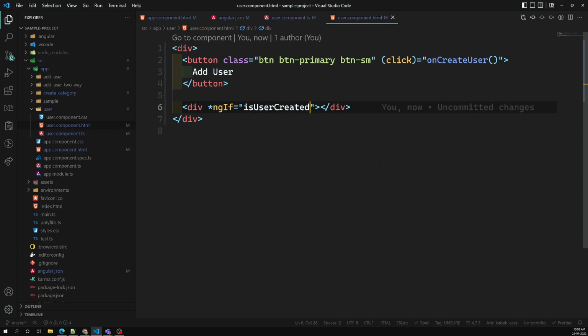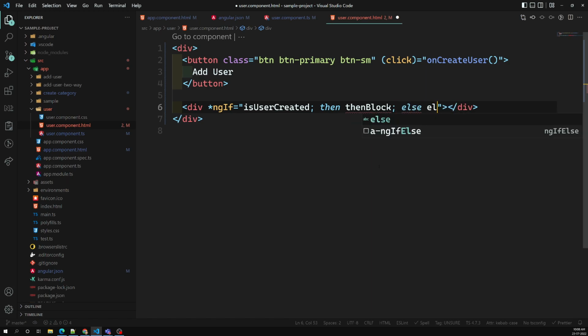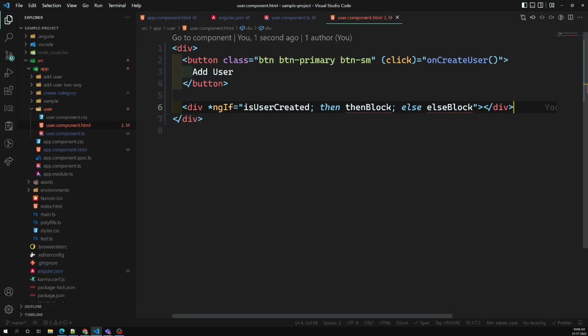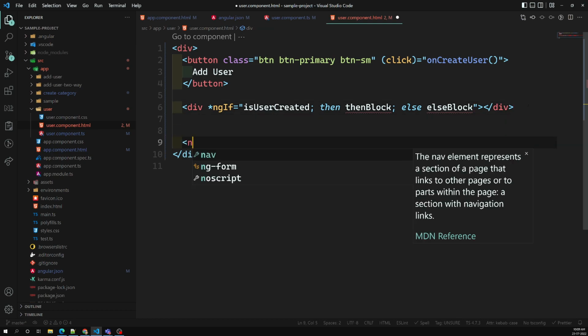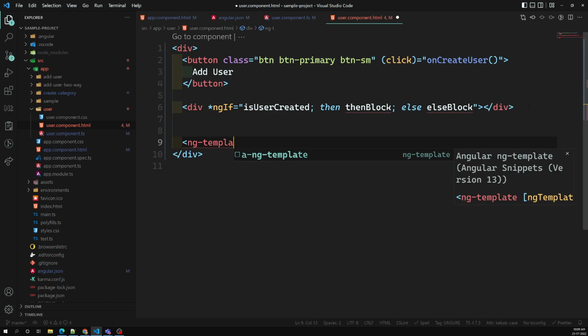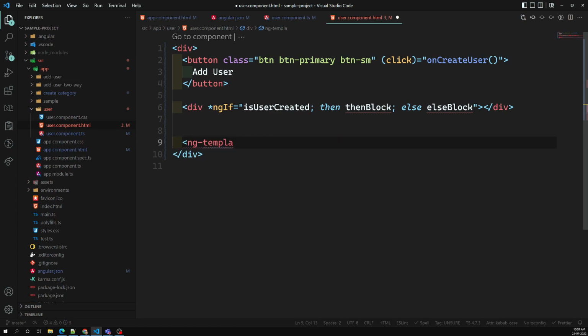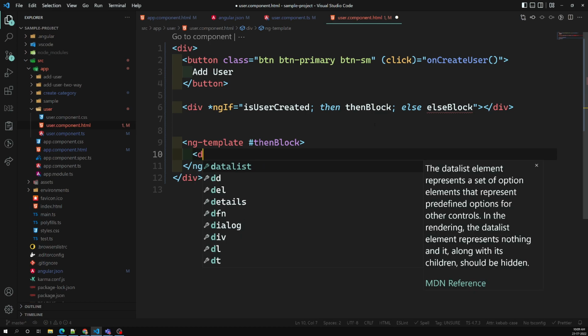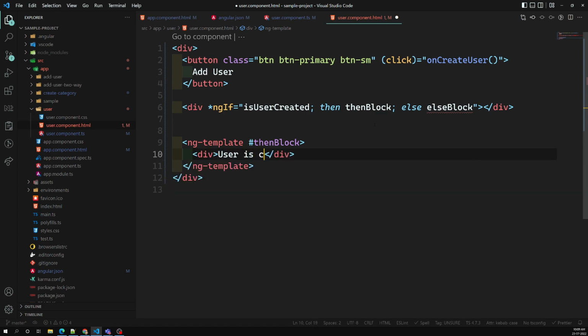So if user is created, then show the then block, and else you can use the else block. Like this you can mention, and down somewhere you can have an ngTemplate, and mention something like hash then block. So now you can write user is created